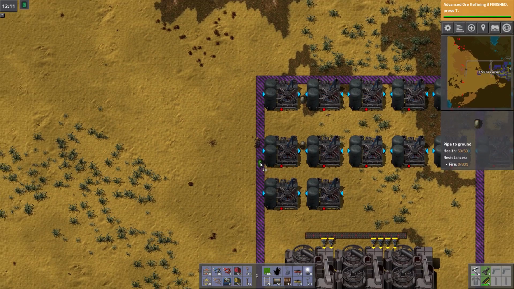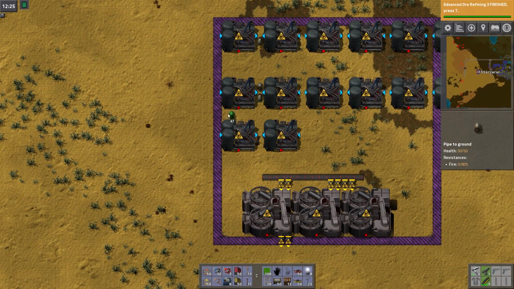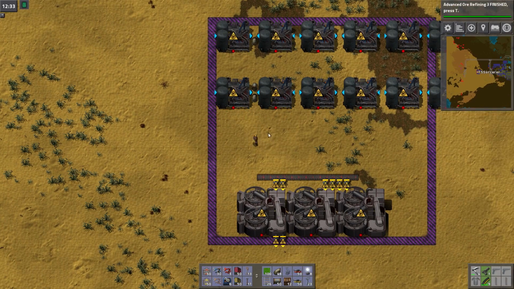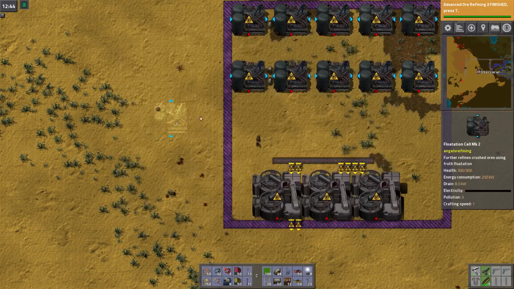Can't walk through them when you have that in. I didn't leave. There's only a 1 gap here. That's not wise. We need a 3 gap. Because what we're going to do is we're going to go and put these...